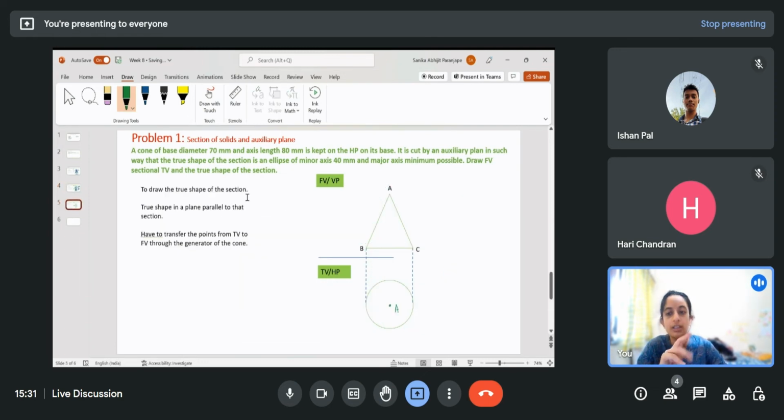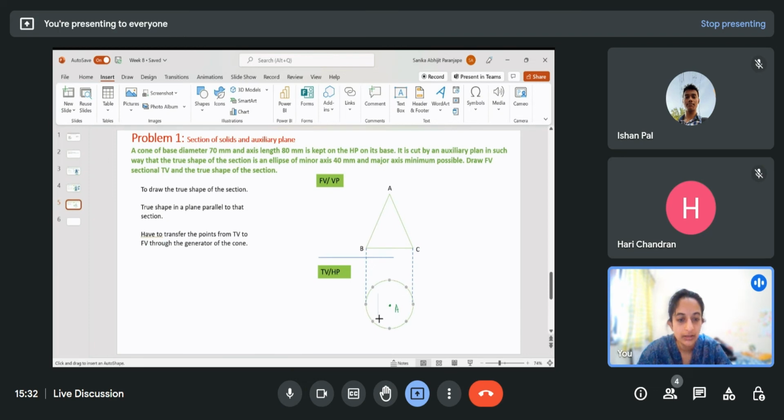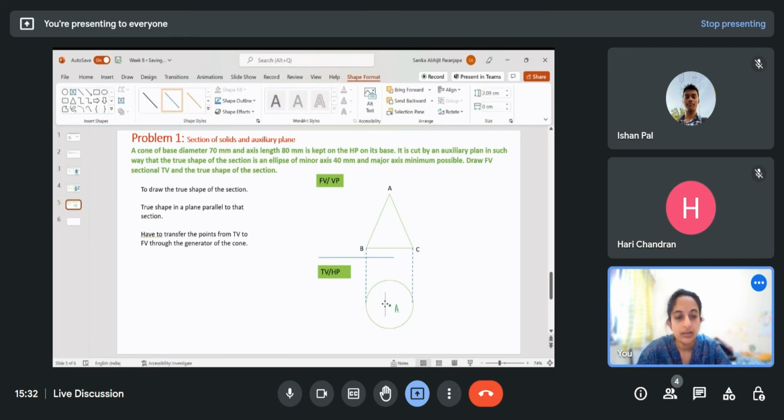Now let us come to the condition that is given in the problem. They have said that it is 40 mm. I just told you that since the ellipse is seen as a line here, all the lines on this plane of the ellipse are parallel to HP and perpendicular to VP. So since it is parallel to HP, we can see the true length in the top view. So this minor axis could be any line whose length is 40 mm and is symmetric about this axis